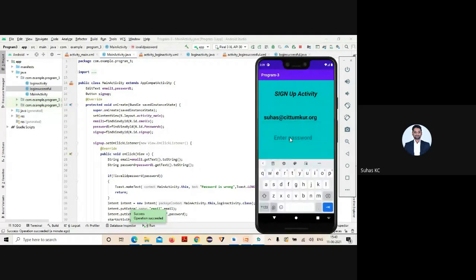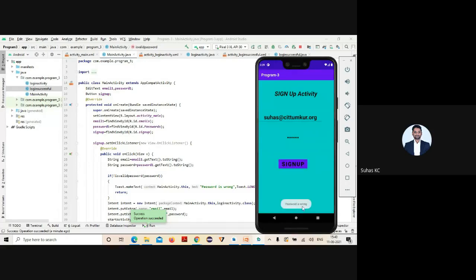Okay, so I'll just give capital SUHAS at CIT. I don't give numbers. If I'm not giving numbers, what should it display? Look, if I click sign up, the toast message says the password is wrong, whatever you entered.